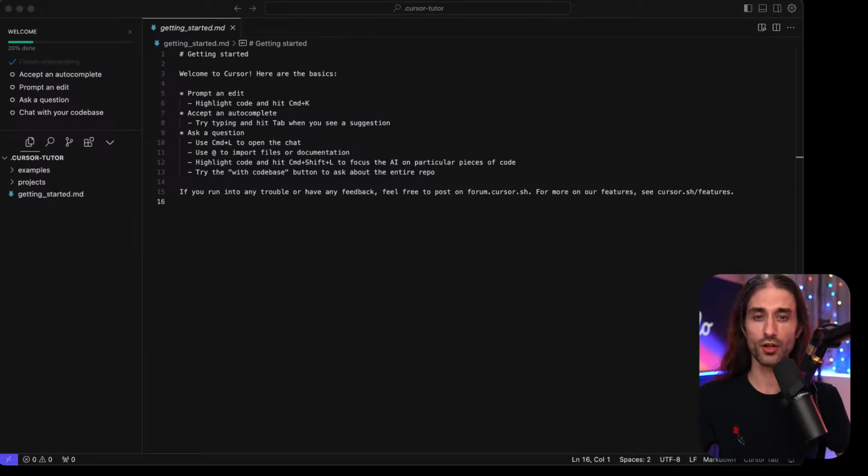I've just heard a lot of people talk about it, and I was like, let's try it out and see how good it is with Swift and iOS code. And also this way we'll be able to compare it to solutions made by Apple. So I'm thinking of predictive code completion in Xcode 16 beta and also Swift Assist when it comes out later this year, because from what I understand, Cursor might be more similar to Swift Assist in its features than predictive code completion, even though it seems to also do predictive code completion.